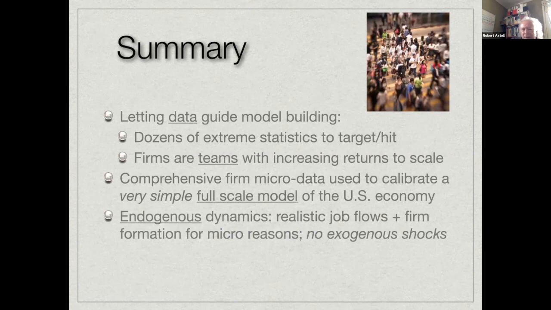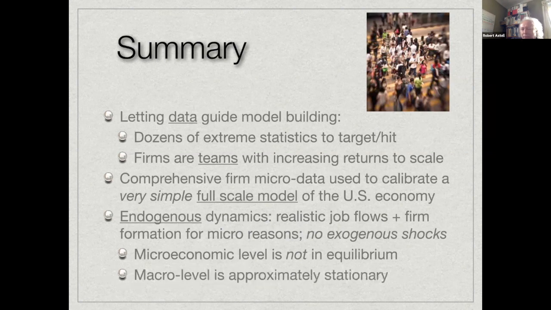And one of the things I just mentioned at the end here that methodologically falls out of these kinds of models, for those of you who are social scientists, is that we're all taught Nash equilibrium and game theory, et cetera. This is a model where at the microscopic level, the agents are always trying to improve their lot in life. They're always trying to find a new job, that kind of thing. So the microeconomic level does not have an equilibrium configuration, but the macroscopic level is in fact approximately stationary here. And that's very much like what we see in the data, right? We see the gross patterns in the data, and we're just trying to reproduce those here computationally. So with that, my 15 minutes are up, and I'll turn it back over to Callum.